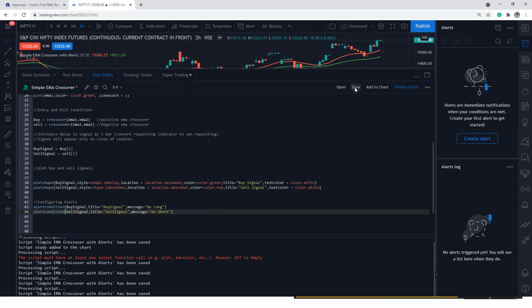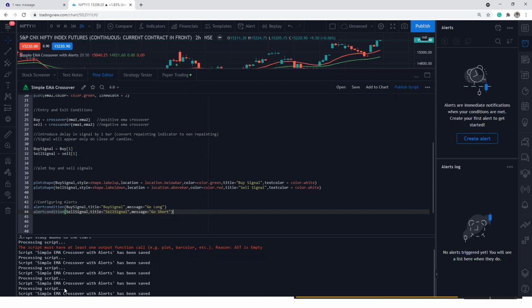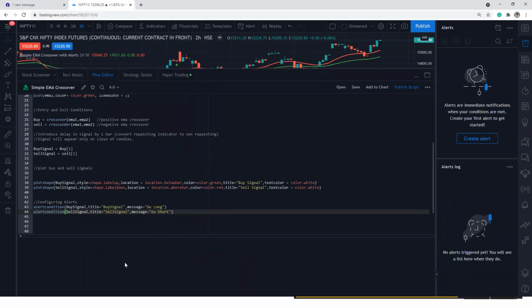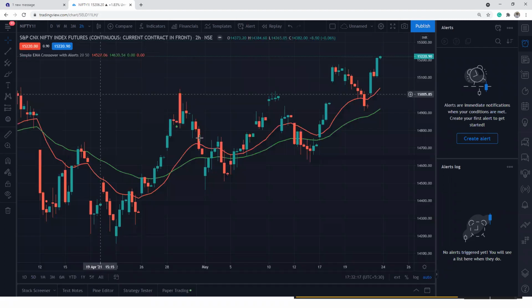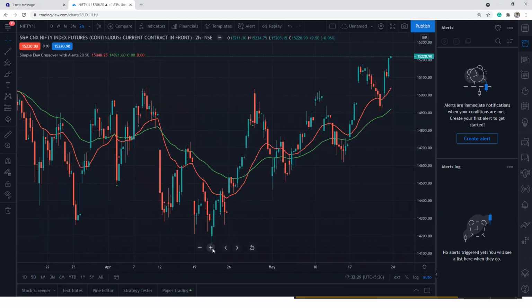So what you can do, you can save it. Now ensure that there are no errors. Here is the compiler, you can see the compiler logs. As of now, no error is there. Alerts are saved, now it is good to use. If I want to clear, I can right click and clear the console as well. I can also minimize the console and the PineScript. Now we can see wherever the signals are coming in. As of now, we are able to see only small tiny dots here.